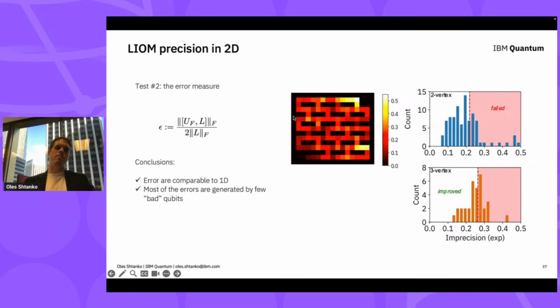And finally, in the same way we did for 1 dimension, you can look at this heat map showing the error of LIOMs sitting with the center at a particular qubit. And again, you see there are 2 hot regions, which probably are the same hot regions we see in 1 dimension because we're using the same device, which most likely contribute to these errors which do fail. And again, a nice way to benchmark our device.